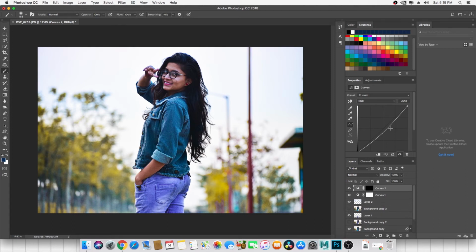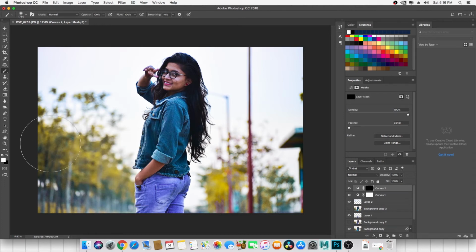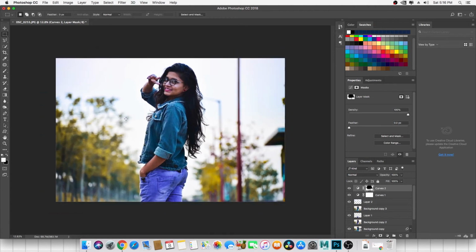So I'm just decreasing some brightness here, and now I'm going to click on the layer mask. I'm just inverting the color. Now I am going to paint with the white color. Right click on it and increase the size, and I'm setting hardness to 0. As you see, it's giving you a nice look. So basically I am painting the mask to create a custom look. Okay, fine. Now it looks quite good.